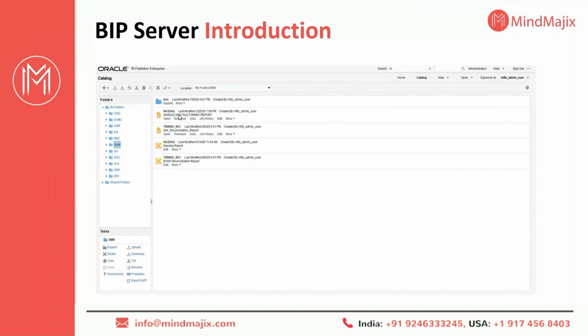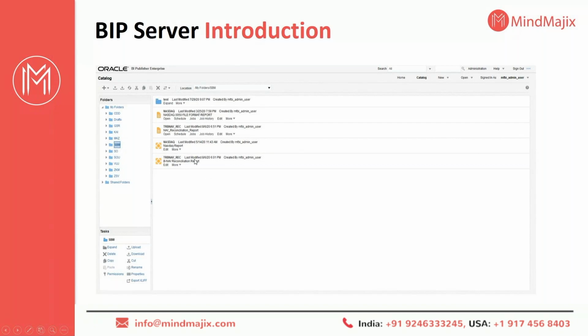The data model component shows how the data can be picked from the data sources. A data source may be a simple XML file or Excel file, or it may be a database. How to get the data from the data sources is what the data model covers. If you see here, there are two icons: this is the report icon and this is the data model icon. If I click on this icon, I will go inside the report structure, or inside the data model structure.